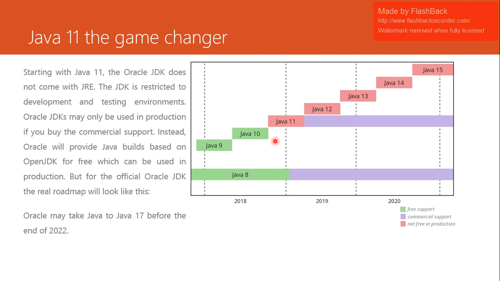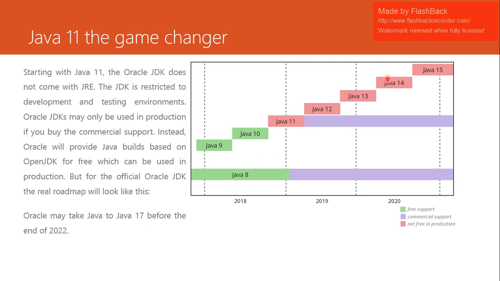Java 8, unlike Java 11, has free support for both development, testing, and production as well. So Java 8 has its free support for that, until about January 2019, whereby they begin commercial updates on Java 8. So you can go on Java 8 or go on Java 11, and you know that